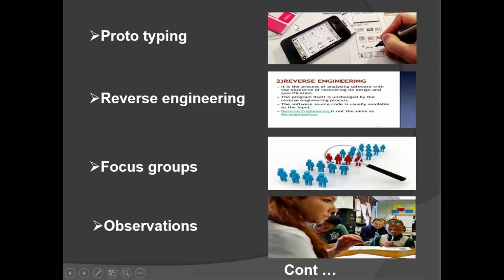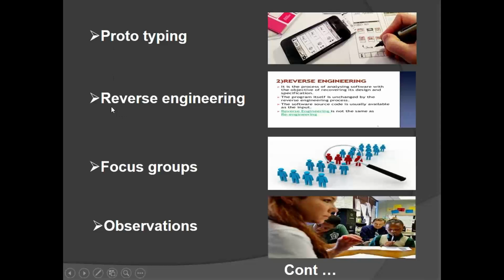And he will give to the BA and BA will show to the client. He will take the client authorization and then he will come to the developer and say, after completing first prototype, this is the second prototype. You have to develop the code for the second prototype. And again, the developer will be kept engaged. And in the meantime, the designer, what he will do is, when you click on the second icon, what kind of screen should appear? What are the fields that should come? So he will design that prototype and he will give to the BA. BA will show to the client and take authorization and again come to the developer and say, this is the next prototype. In this way, the development work goes on in prototyping.